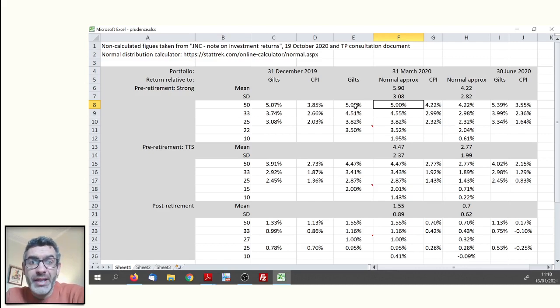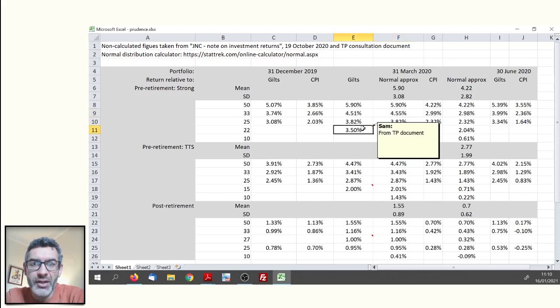And what we're seeing here, the normal approximation, for example, for the gilts plus numbers, I've taken the mean to match the middle number here, 5.9%, and I've chosen a standard deviation which matches at the 25th centile. And then the rest of the numbers here are all generated from that normal distribution. But you will see a close fit. There's the 33rd centile matches up nicely. The 22nd centile matches up nicely. The bit that I can't verify is I've got the 10th centile here. But based on the close fit elsewhere, I would expect that wouldn't be a huge distance off the true number